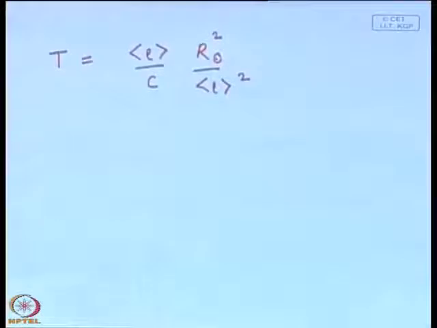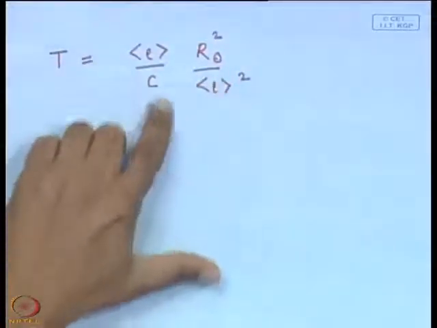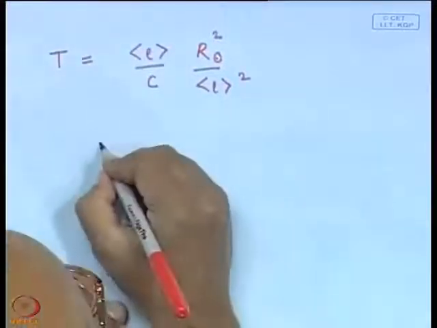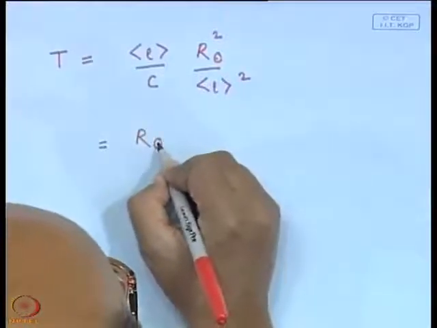The photon does a random walk inside the sun, and finally at some time it will be out in the course of this random walk. So this is the time that it will take. It has to take these many steps, and this is the time for each step, which we can write as